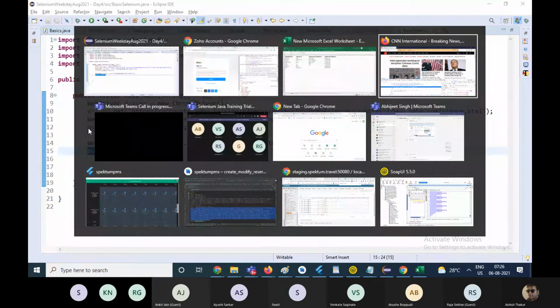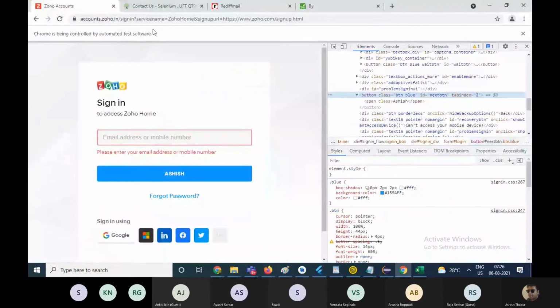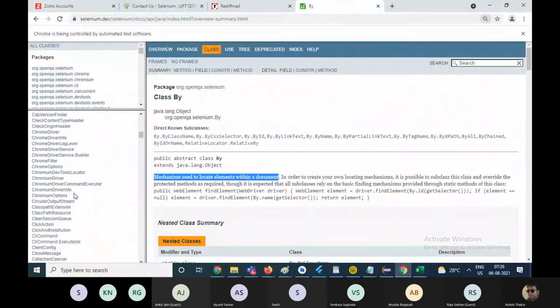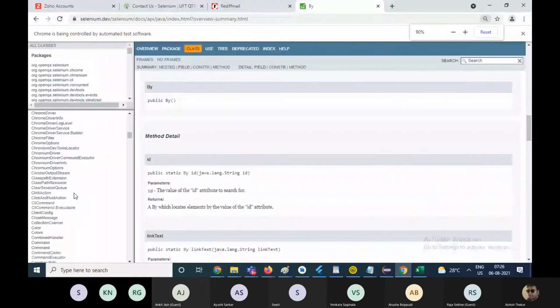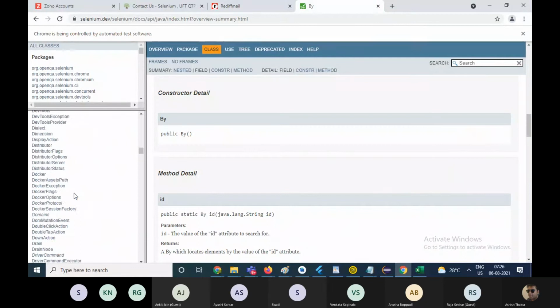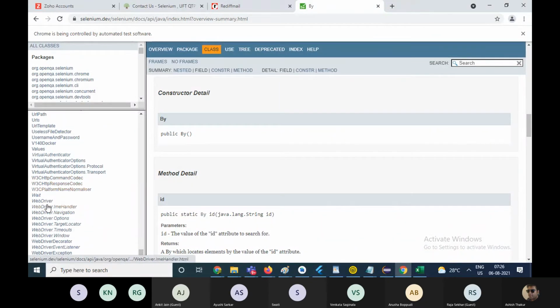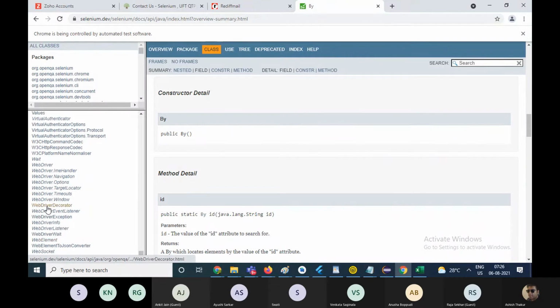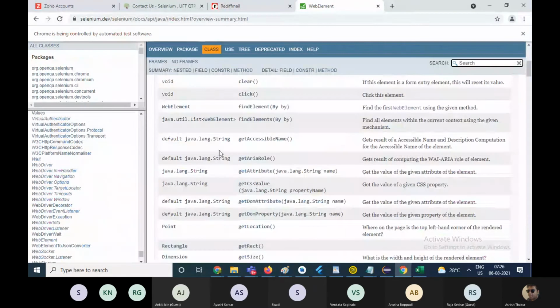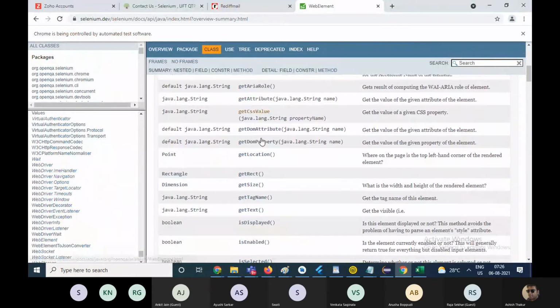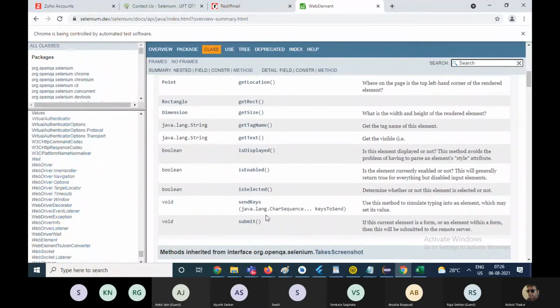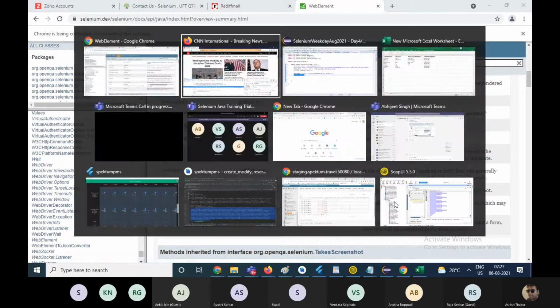Again, I go back to the documentation. The web element interface has got functions, clear, click, which will help you interact with the elements on the browser. Like we used the sendKeys function, use this method to simulate typing into the element.